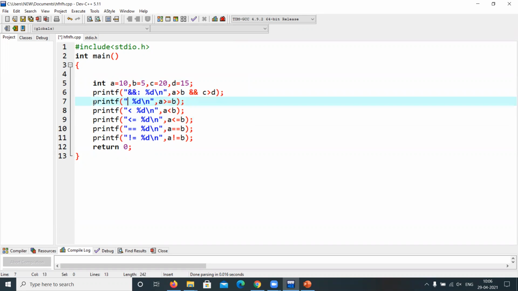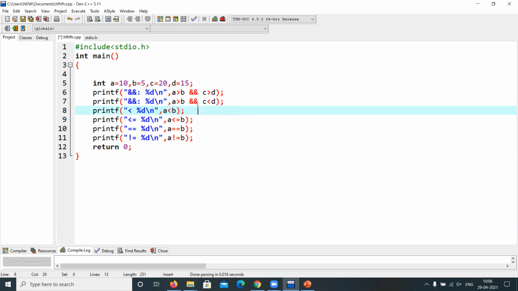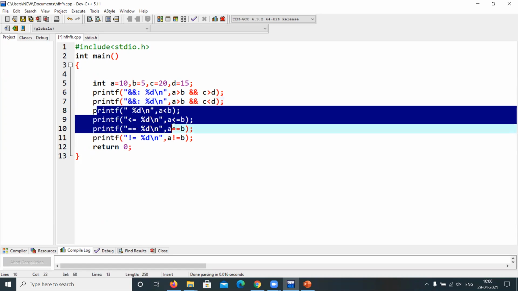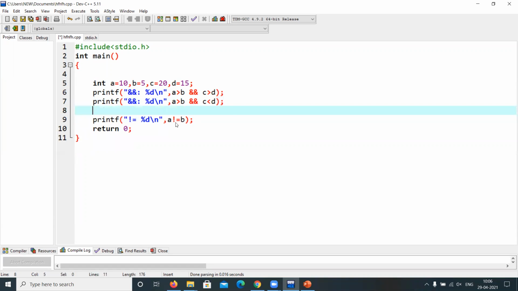Now for the logical AND case itself, what I'm going to do is a reverse case, meaning A is greater than B, but here C is less than D I'm going to take, because this condition will fail. If at least one fails, the entire result will fail if we use the logical AND operator. Now the OR operator we will use. Now let me use the same for the OR operator. See, let me copy, let me paste it here.